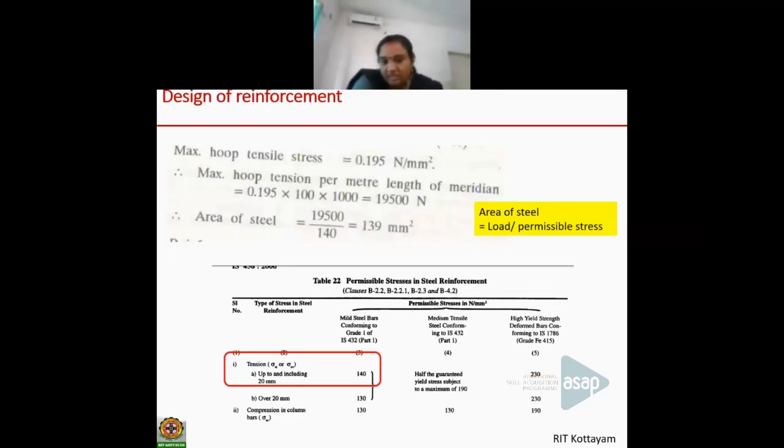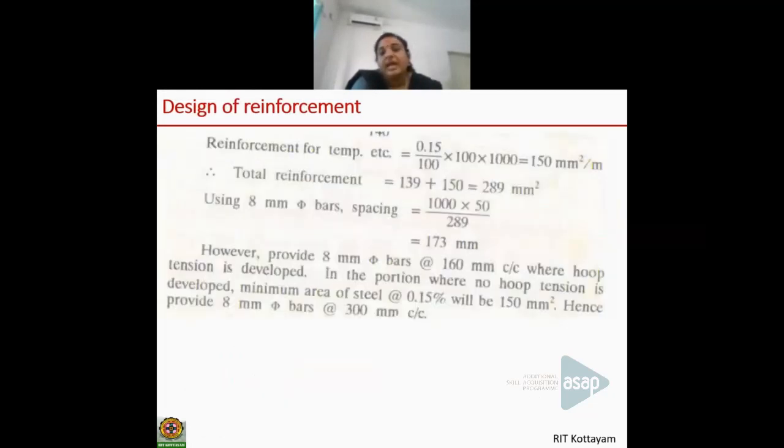We take it as mild steel, and I assume a bar of diameter less than 20 millimeter. The strength is obtained as 140. So the force divided by the strength gives the area of the steel. Next, what? And in the design, as I have clearly shown in the first class, the design